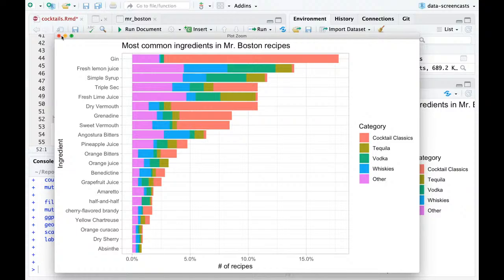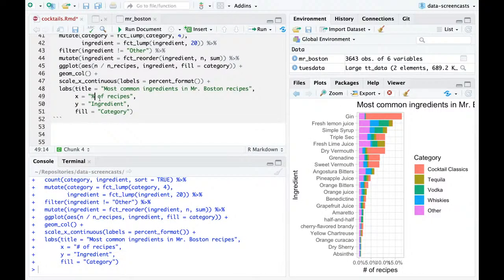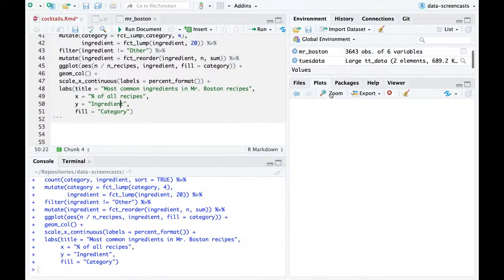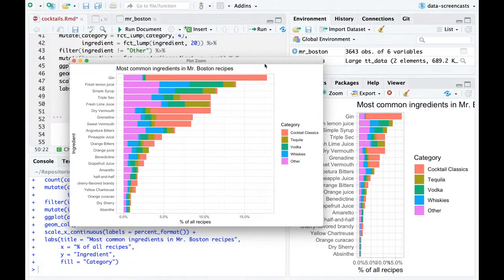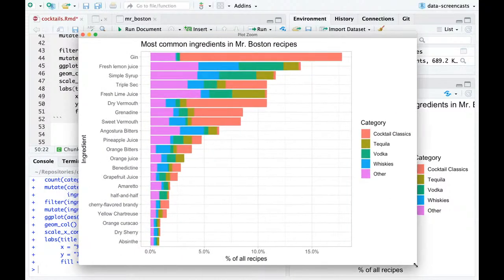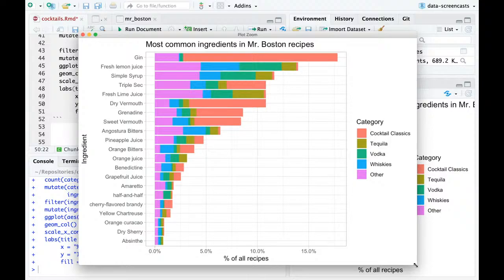And yeah, instead of a number of recipes, it's now percentage of recipes. Percentage of all recipes across categories. This looks great. So what this is showing is that a large chunk of all categories, about 1 out of 6,